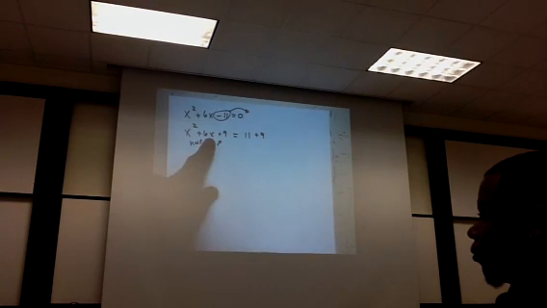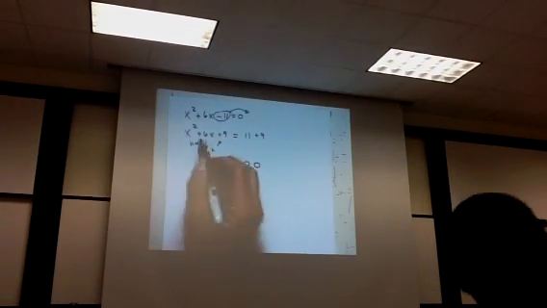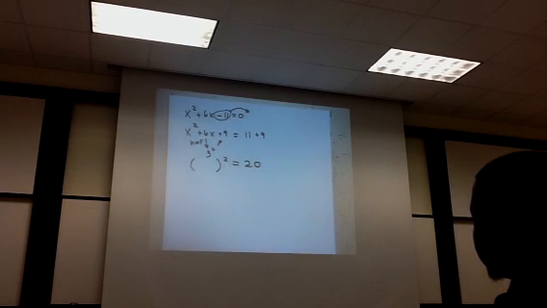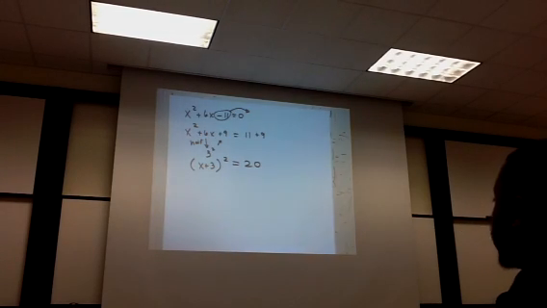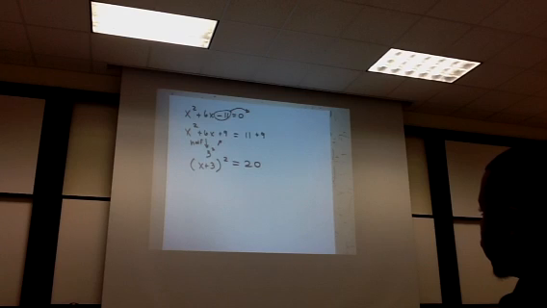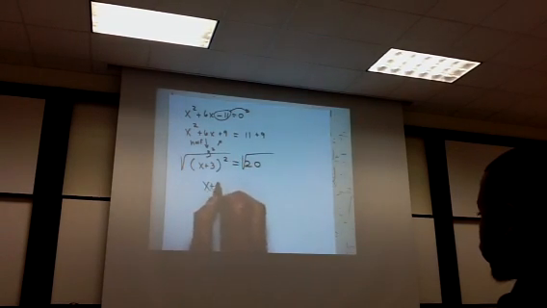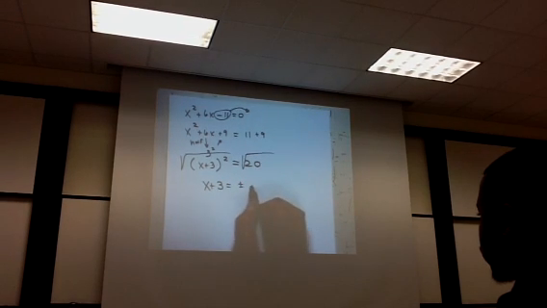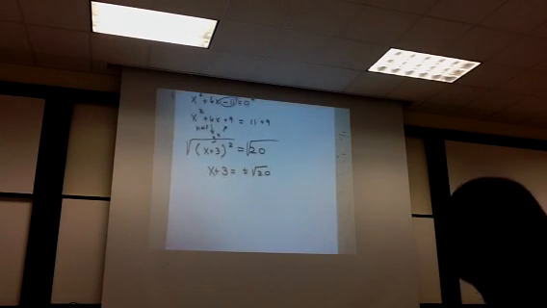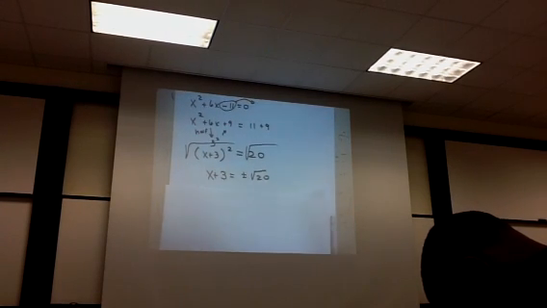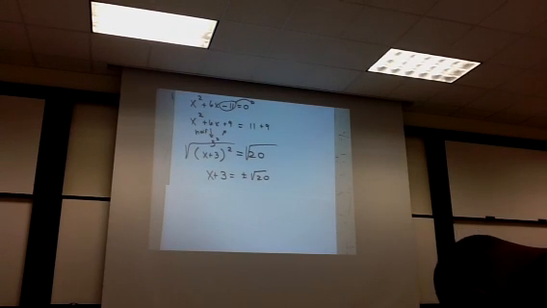So here's what I got. I got something squared equals 20. Can somebody tell me what that is on the left? X plus 3. Got it. X plus 3 squared equals 20. Now what do I do? Square root both sides. There you go. Square root property. X plus 3 equals? Plus or minus the square root of 20. Here's where you should have a retro thought back to section 2 or 3 of chapter P. Square root of 20. Is that